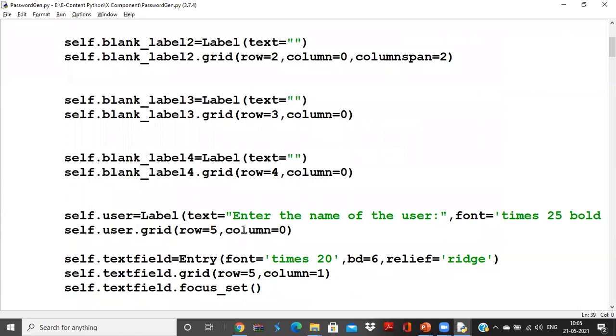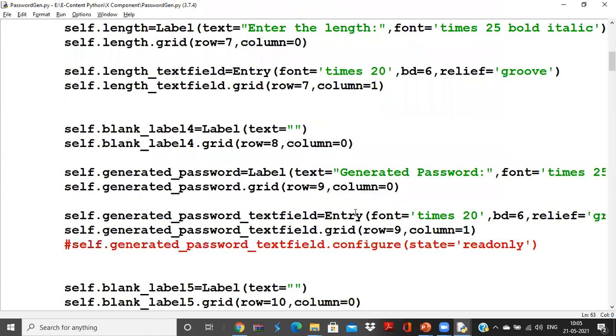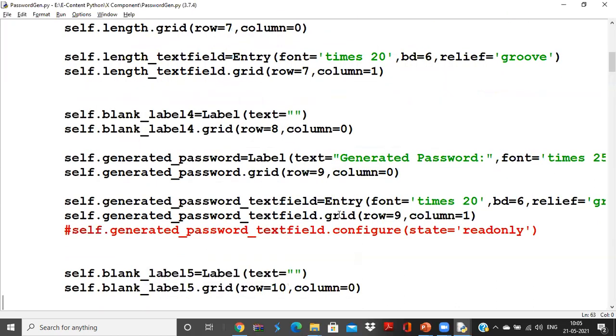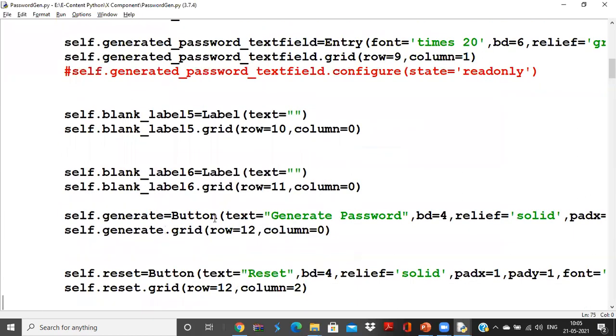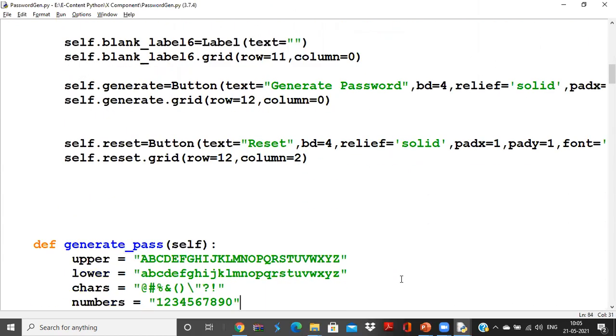And here I enter the name of the user. Yes, we have that and the entry for that. And then I have enter the length and the entry for it. And then finally generate password, and the entry for it, which will be the answer column. And next I want a button, and that button name is generate a password. And I have a reset button, and that reset button is also calling a function which will reset the entire